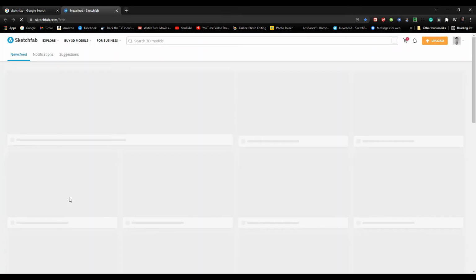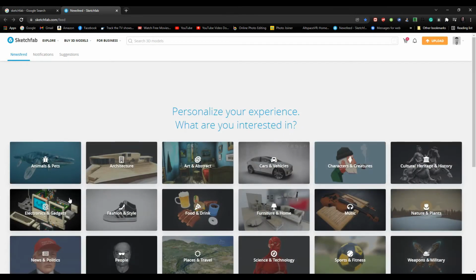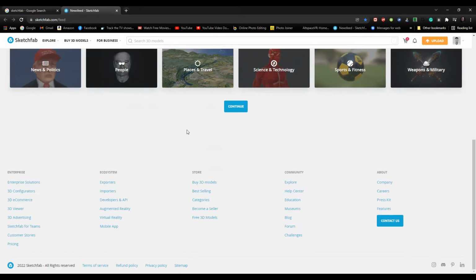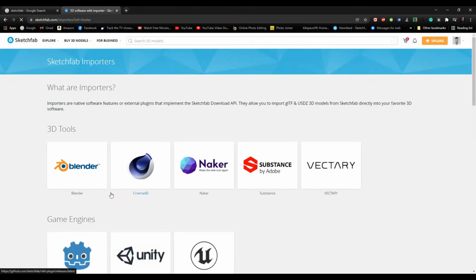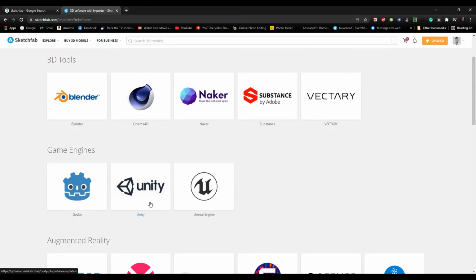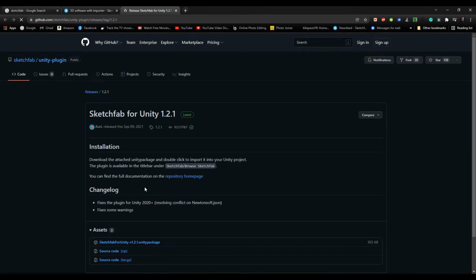We're going to click on that website so that we can get our free assets for kits or for a template. So we're going to go all the way to the bottom where it says Enterprise, Ecosystem, Store, Community, and About. We're going to go to Ecosystem and click on Importers. Then you see one that says Unity. You're going to click on the one that says Unity. Once you click there, you should get a page that says Sketchfab for Unity